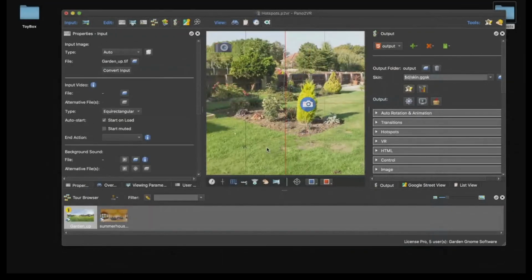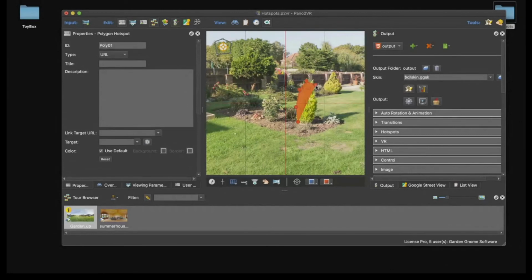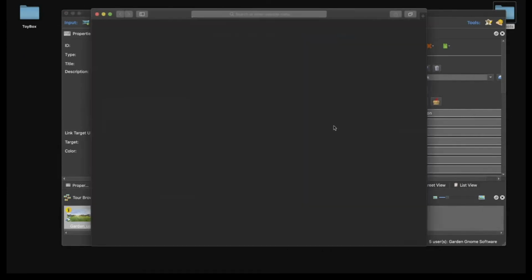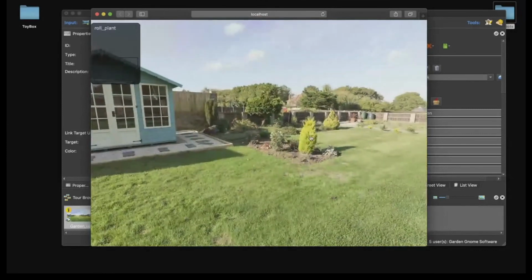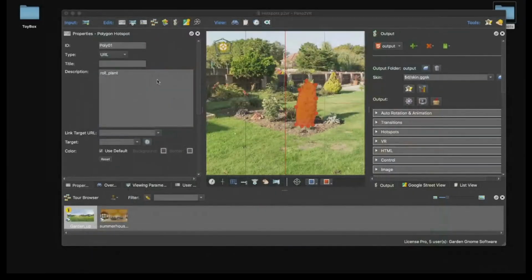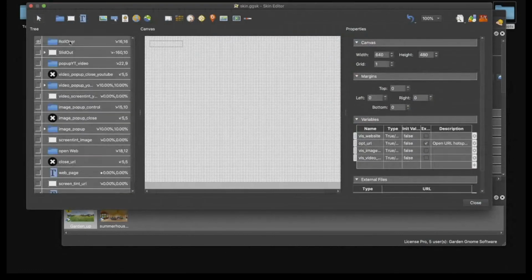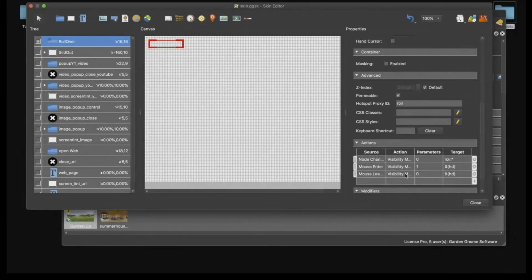So now what we just need to do is add a polygon. So let's select polygon. I'm going to quickly draw around the bush. That's the whole idea of the polygon, because not only that, you can resize the area. So it's actually quite good for that. And I'm going to type in roll underscore plant. And theoretically, that's all I needed to do to get it to work, he says. Why is that working? Roll over. So roll